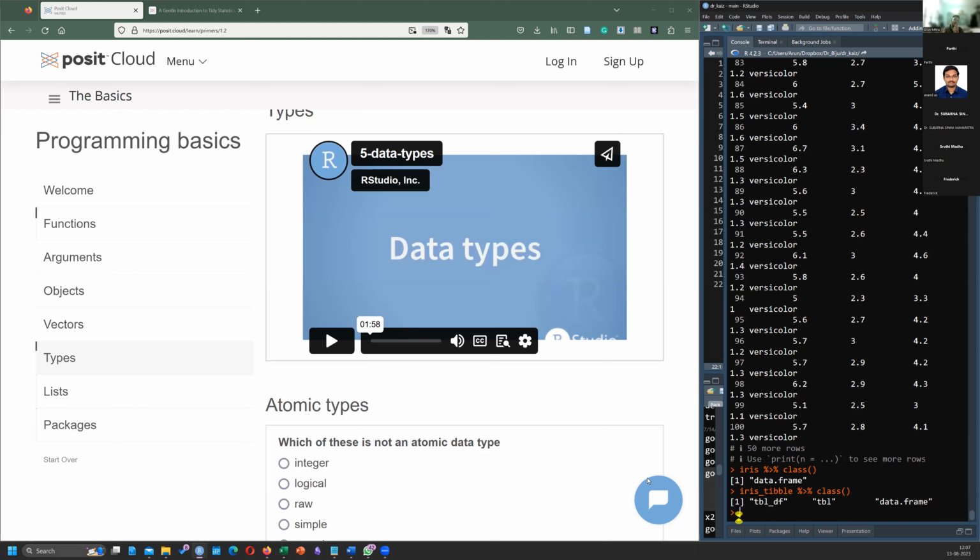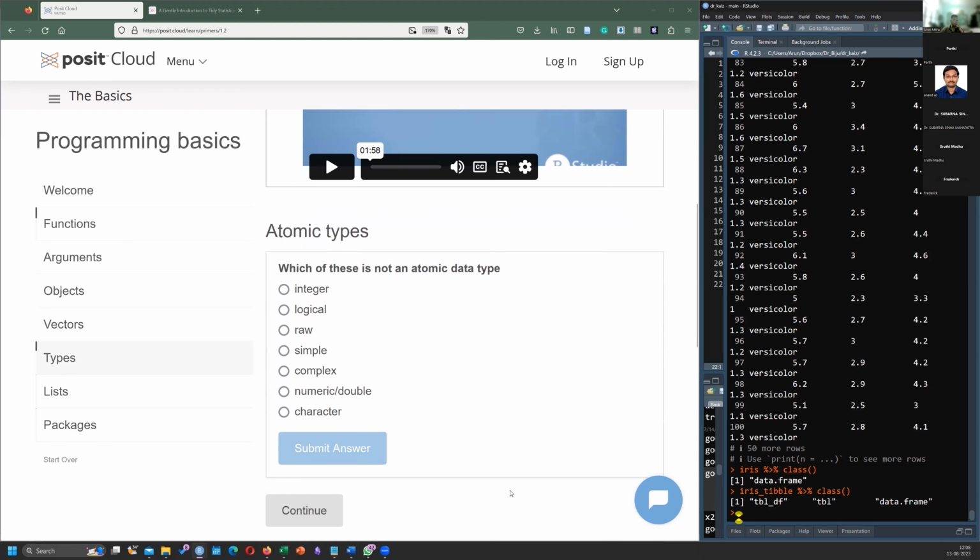The number 10 is a single object in R. You can have a vector of numbers, that's one level above the atomic. You can have a collection of vectors, that is a data table or a data frame. So the smallest data type is what they're asking for.